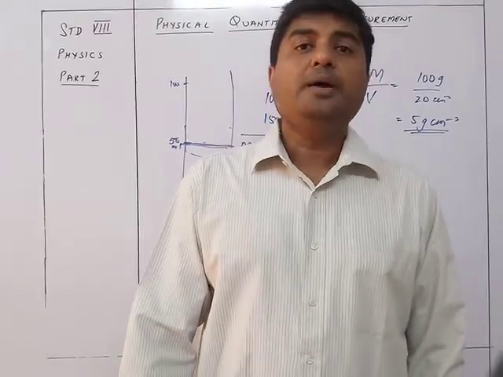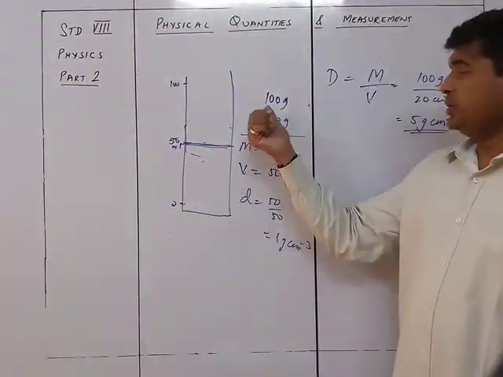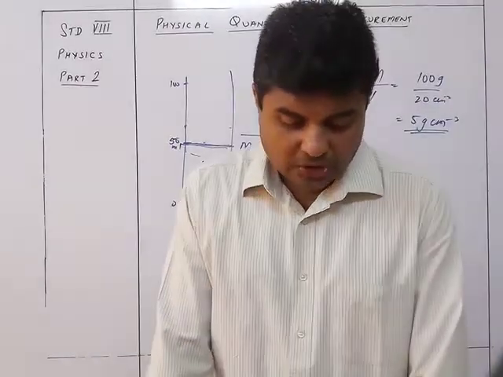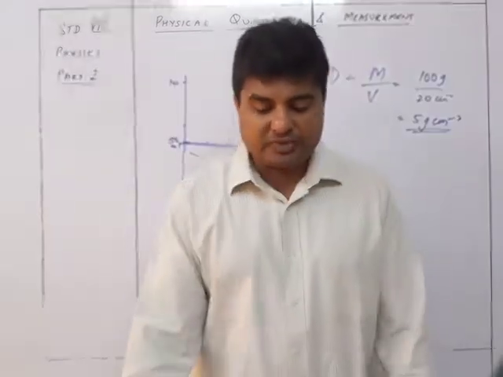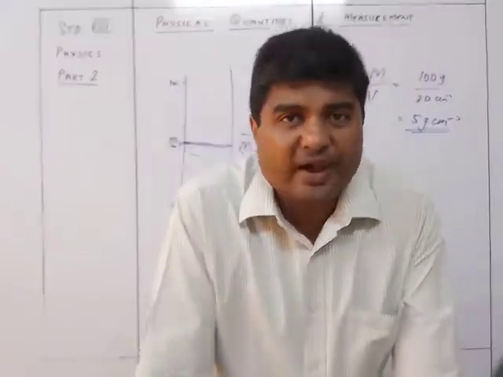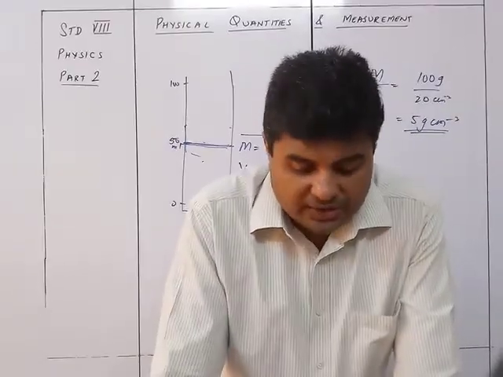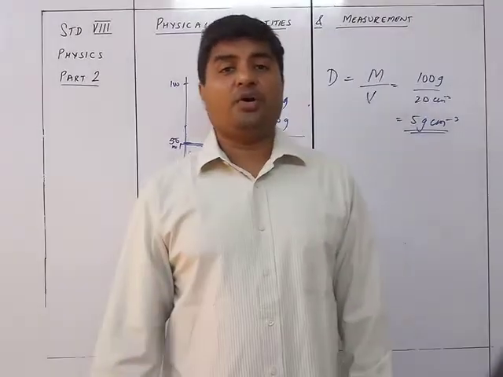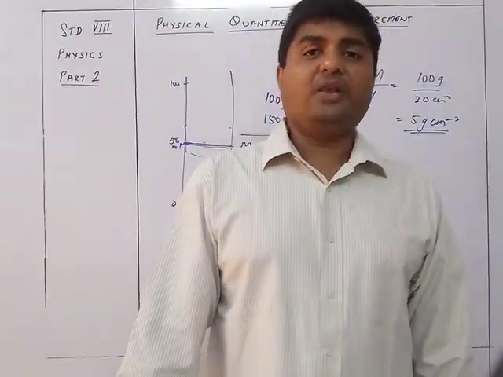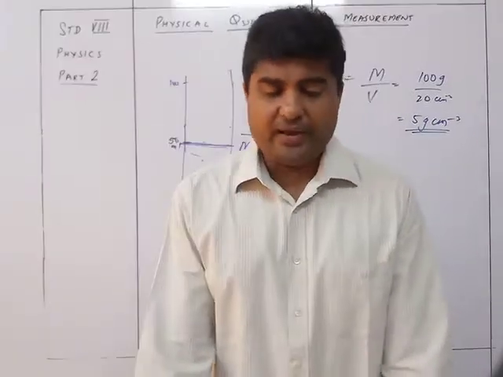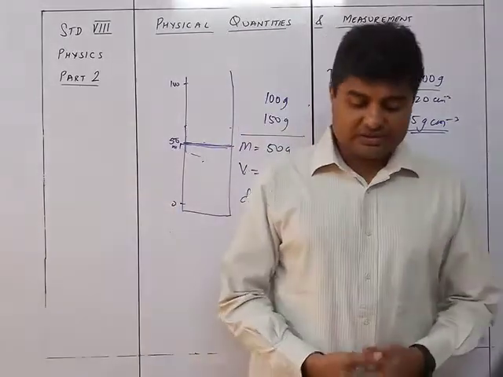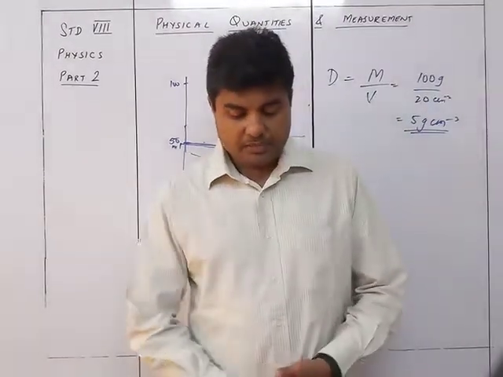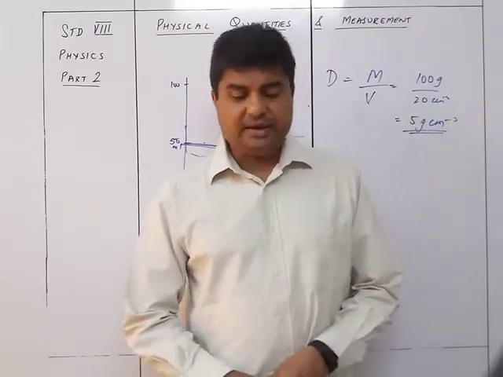So here we got the mass as 151.5, so the mass of the milk is 51.5. You get the density as mass of the milk upon volume of the milk. So 51.5 upon 50, that is 1.03 gram per centimeter cube. In this way you can find out the density of liquids by finding the volume using a measuring cylinder and the mass using a common beam balance. So this is how you are going to find out the density of liquids. The next we see is a density bottle.